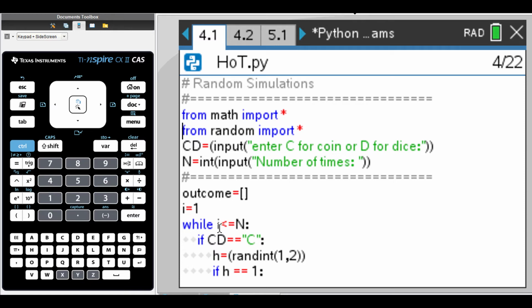So the while loop here says i can take values less than or equal to n, and n is the number that the user would input. So it could be 10 times, 20 times, or whatever. Now we are saying if CD equals C, that means we are talking about the coin toss. So equal to, I have to use two equal signs, and the colon has to be there,